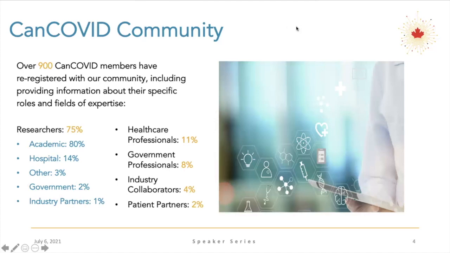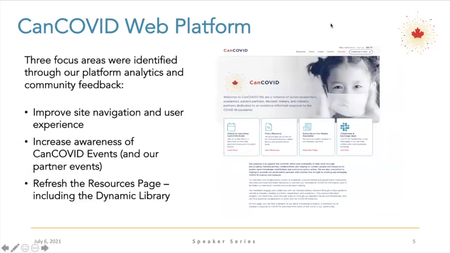So moving into some of the work that we've been putting in over the last couple of months. As I mentioned, we did have the CanCOVID web platform. We had great feedback from all of our members, whether it was email threads with some of our partners or the specific feedback that we got on re-registration. But we also had analytics, where we can map out the average user experience and see where people were getting lost on our website and where people are spending more time. And as a whole, we were able to identify 3 main pain points that we really wanted to address